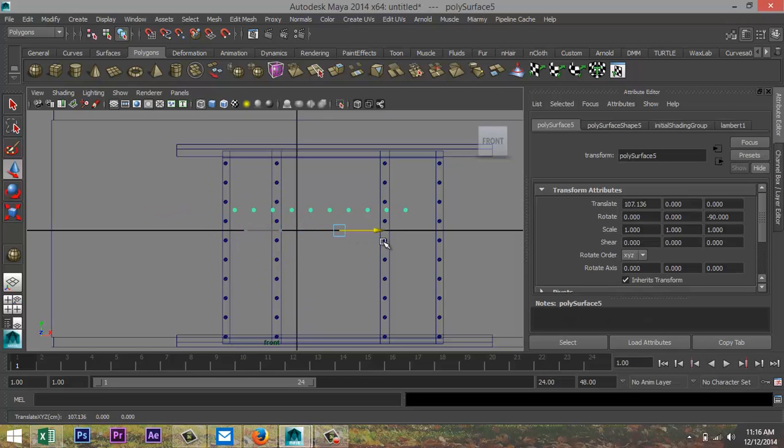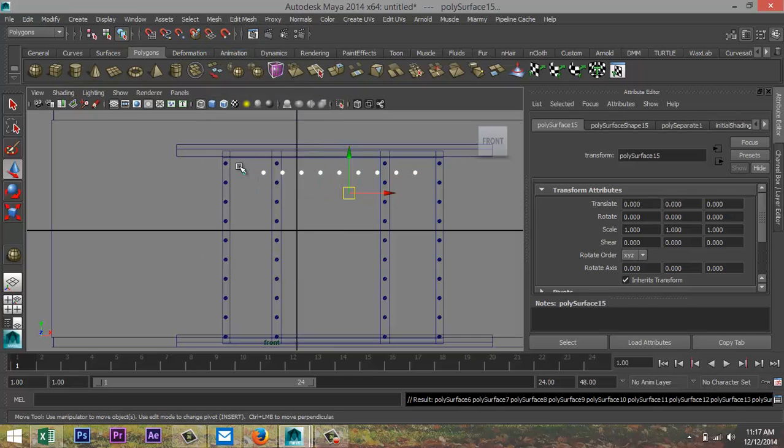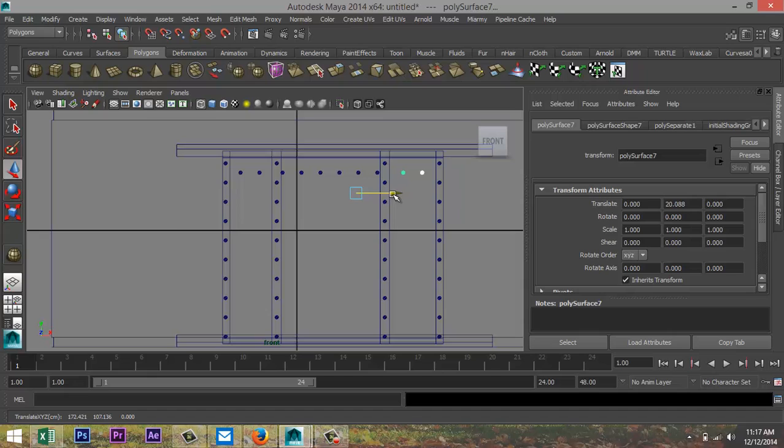Hit W, and we are going to pull them up, something like so. And then we're going to go to mesh separate, take these two, move them over, take these two, move them over, and these. Looks about right. And then we're going to select all of these,